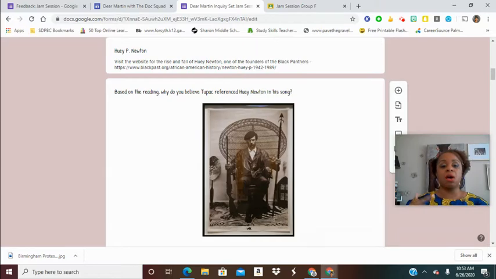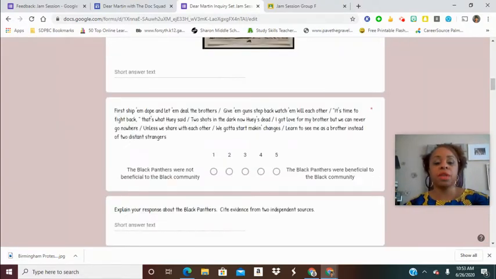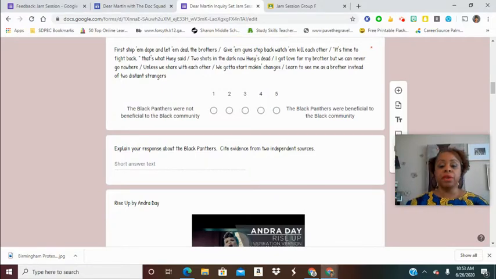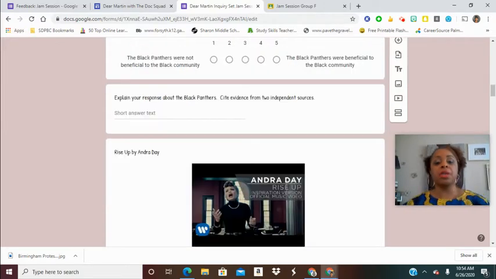So now they can not only listen to music, and you can add images, but they're also going to be pushed out to read about, in this case, Huey Newton of the Black Panthers. You can use a Likert scale. I love these. These are one of my favorites in Google Forms. Basically you're doing a pulse check to get an understanding of their feelings about something, and then use that, right? So it's like a part A, part B. Based on how they answer this question, explain your response and cite evidence.